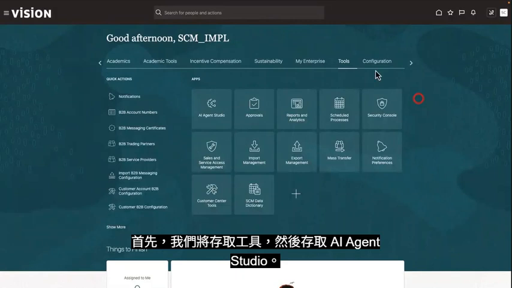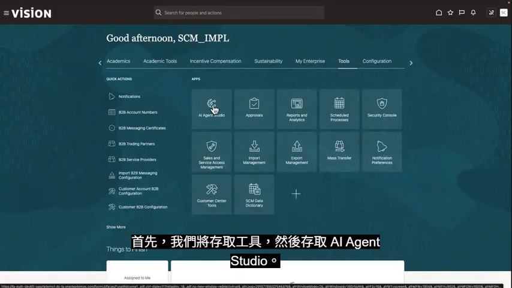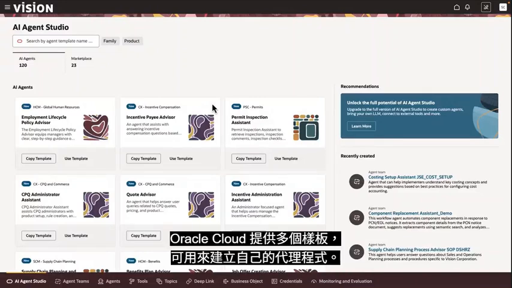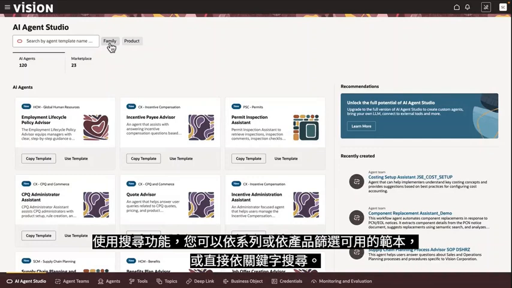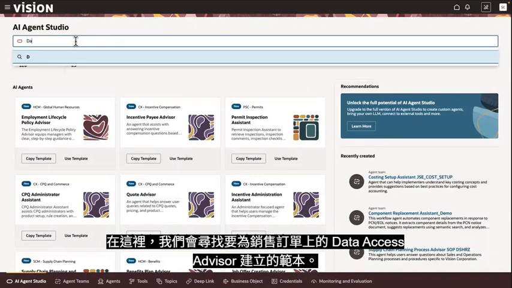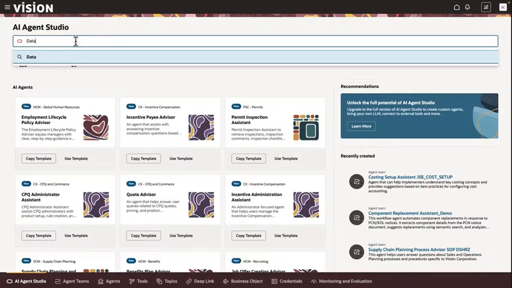To begin, we'll access Tools, then the AI Agent Studio. The AI Agent Studio workspace is where you'll create and manage your agents. Oracle Cloud provides you with multiple templates that can be used to create your own agents. Using the searching functions, you can filter through the available templates by family or by product, or you can simply search by keywords. Here, we'll look for the template that we want to create for Data Access Advisor on sales orders. I'll type in some keywords,